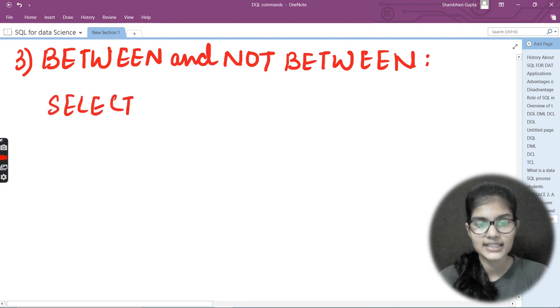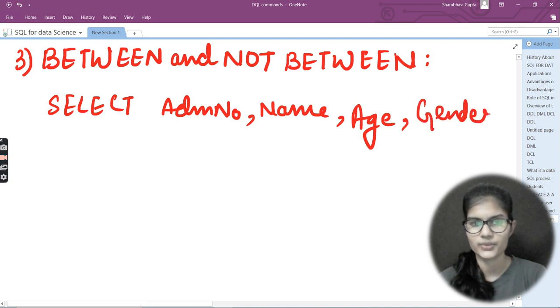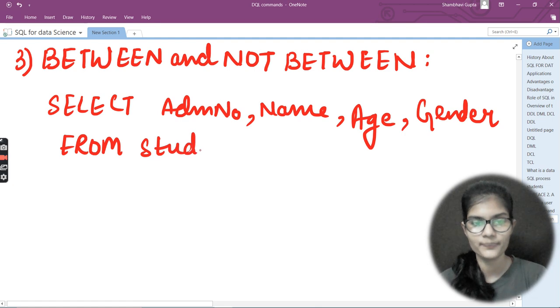So here comes the select. After that, select admission number. Then we have the name. After that, let's say I want the age as well, and let's say the gender as well. These are the four columns of data which I want. After that, I'll write the from, which gives my table name, so that is student for me.